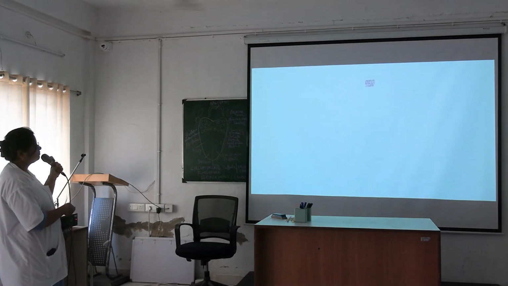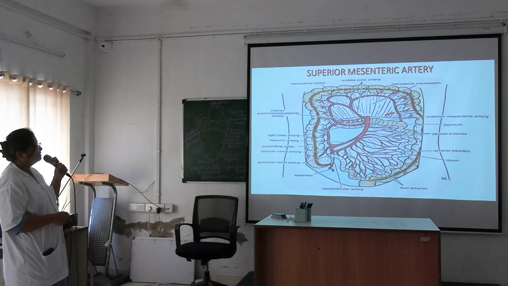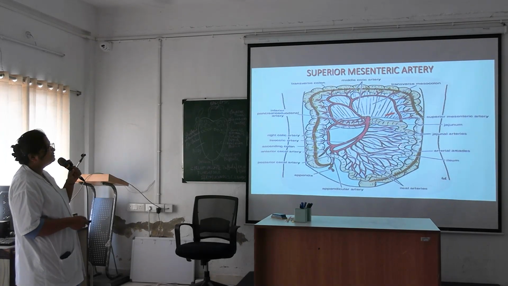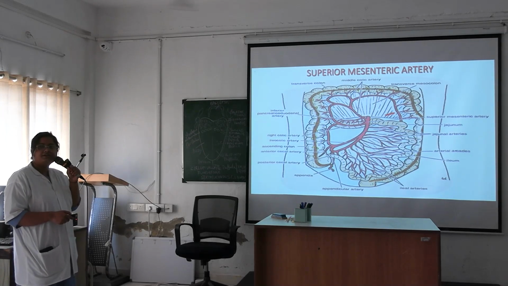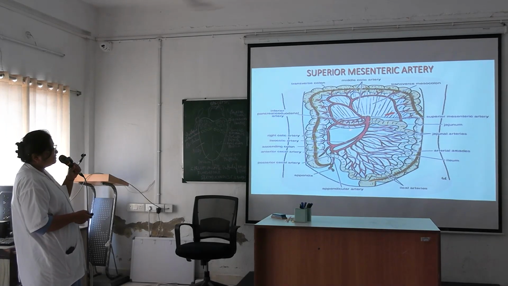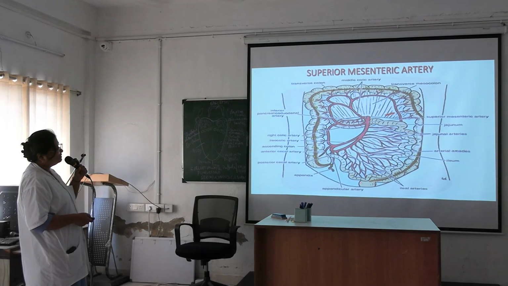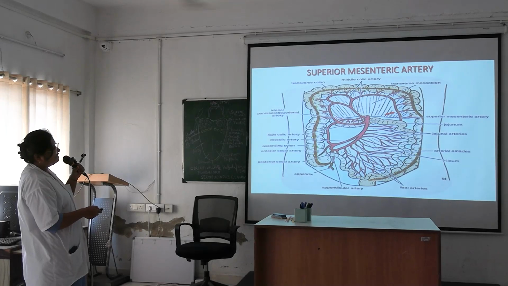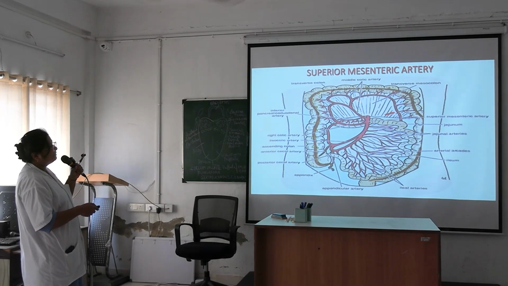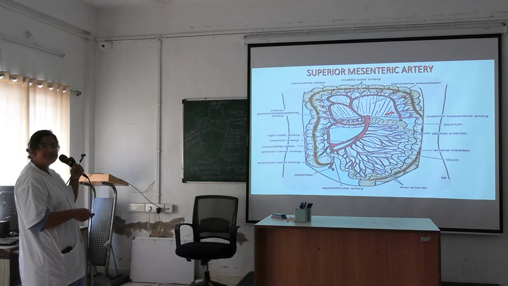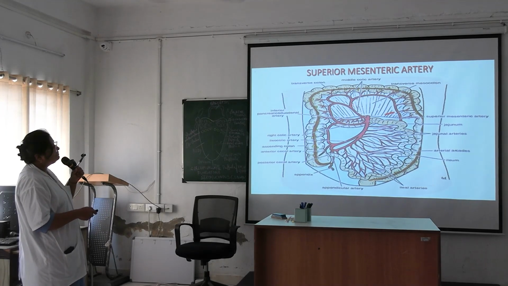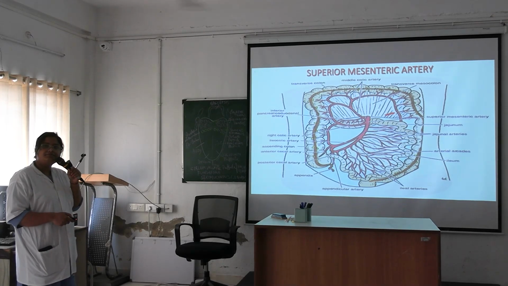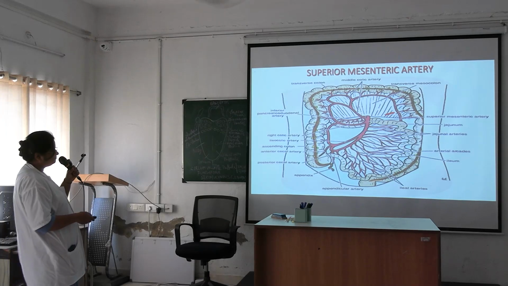Okay. Here it is forming the marginal artery of Drummond. Here it is anastomosing with the ascending branch of the left colic, which is a branch of the inferior mesenteric. And these are the branches supplying the jejunum and ileum. And this is inferior pancreatico-duodenal, lying in the groove between the C-shaped loop of duodenum and pancreas. And you can see the middle colic artery is entering into the transverse mesocolon, which is suspending the transverse colon from the posterior abdominal wall. Okay.